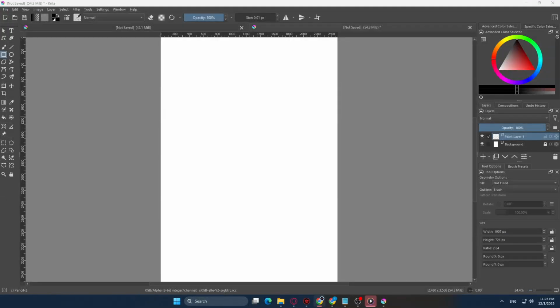In today's video, I'm going to teach you how to change ruler units in Krita. This quick tweak makes a big difference when you need precise sizing for web graphics, prints, or any project where exact measurements matter. First, open Krita and load a canvas, either by creating a new document or opening an existing